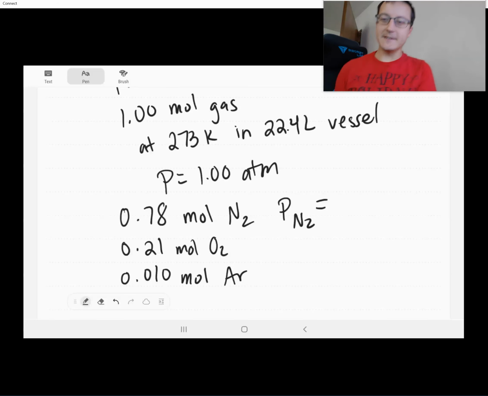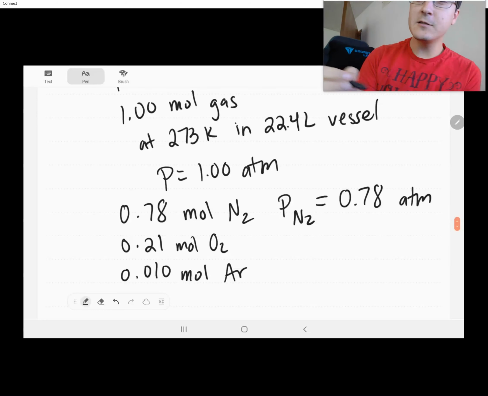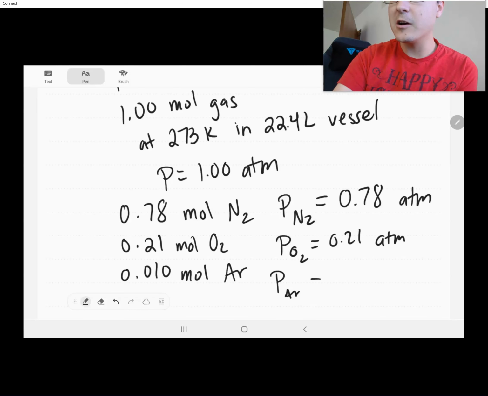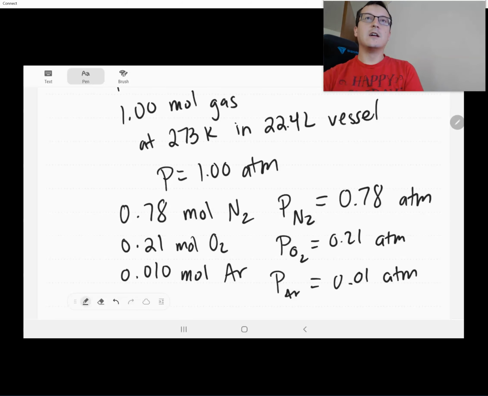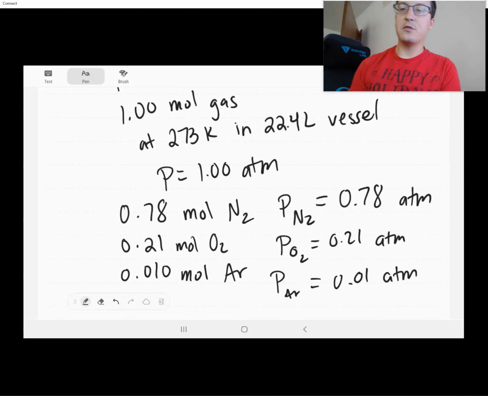It is indeed the same. And guess what? The pressure of oxygen will be 0.21 atmospheres, and the pressure of argon will be 0.01 atmospheres, if you were to calculate all of these. So we can see here that all of these, if we add them up,